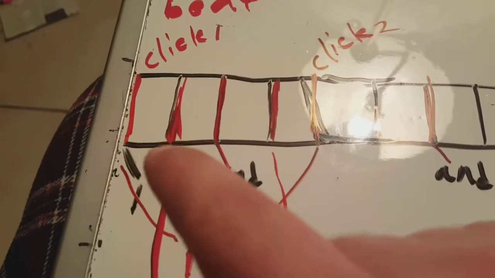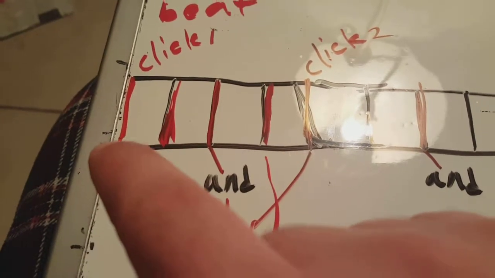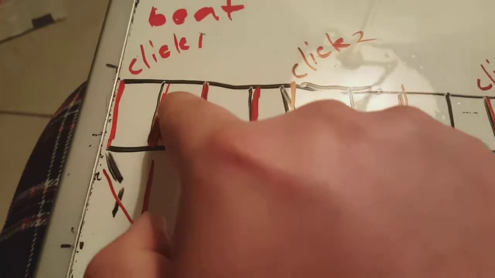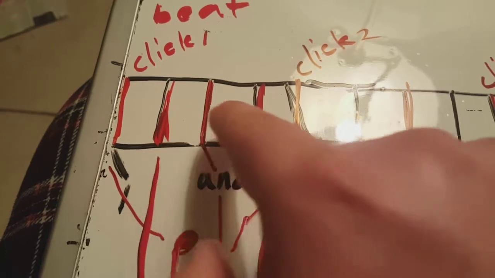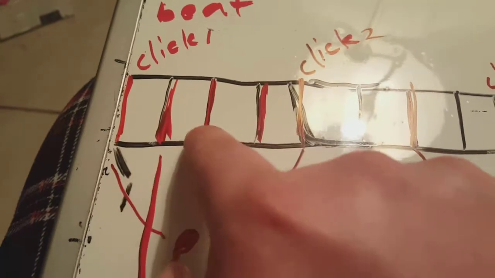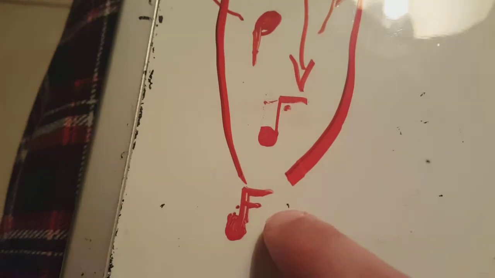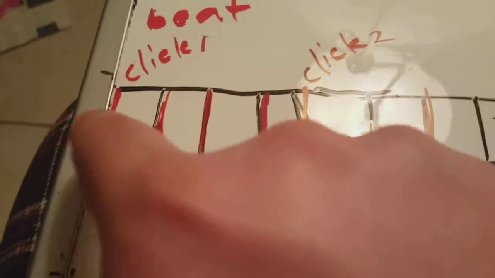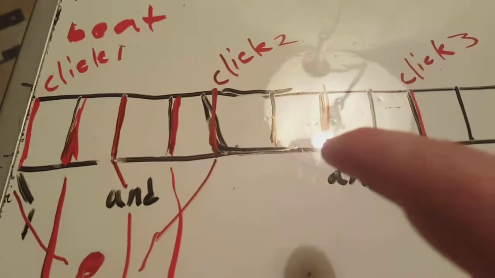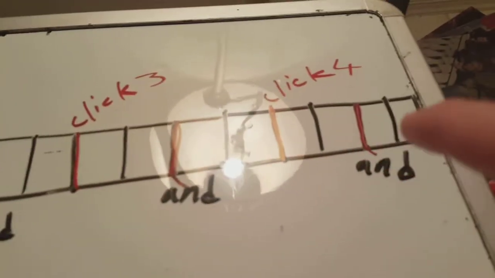So if we break up the beat into 16th notes, one starts here, then right here is going to be a 16th note, 16th note, 16th. So you break it up in fourths, one, E, and, and that looks like the double flag here. So the whole thing, like 1 E and 2 E and 3 E and 4 E and